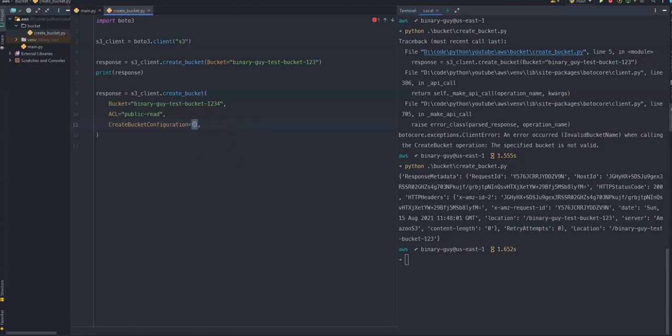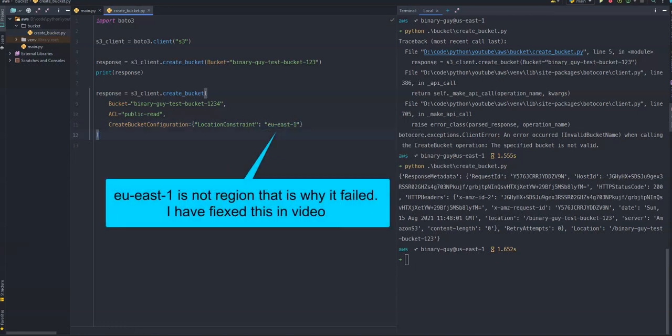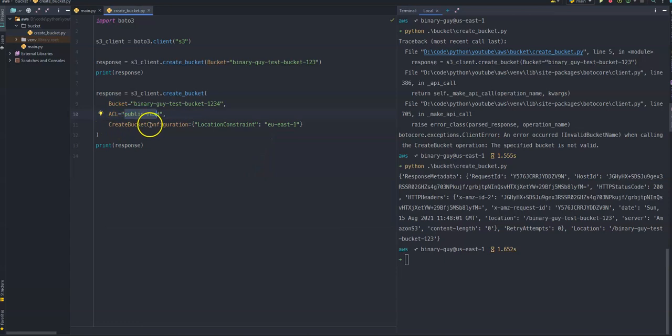This is not JavaScript, so we have to enclose that in double quotation marks, and then we will be creating this in EU East 1, let's say, and that's it. After that, if you create this bucket, it will have the public read ACL attached to it. So any object you put into that bucket will be accessible to everyone, everyone will be able to read from that bucket, and this bucket is going to be created in the EU East 1 region.